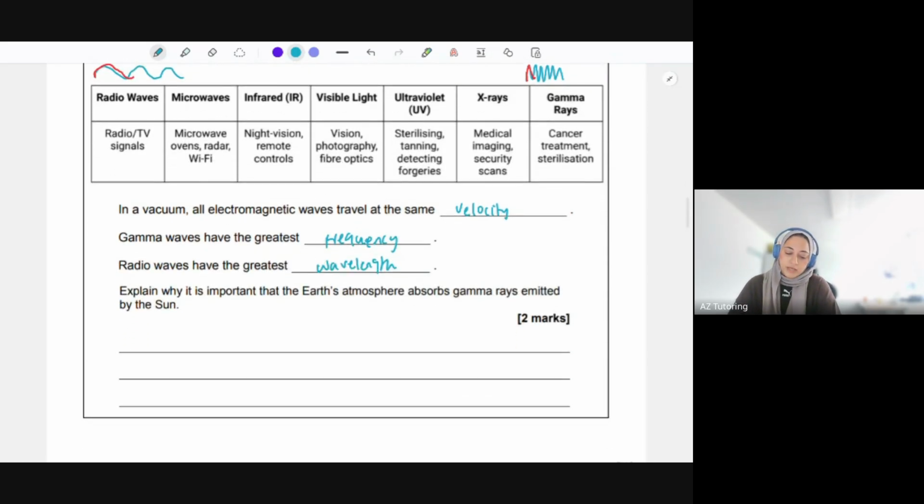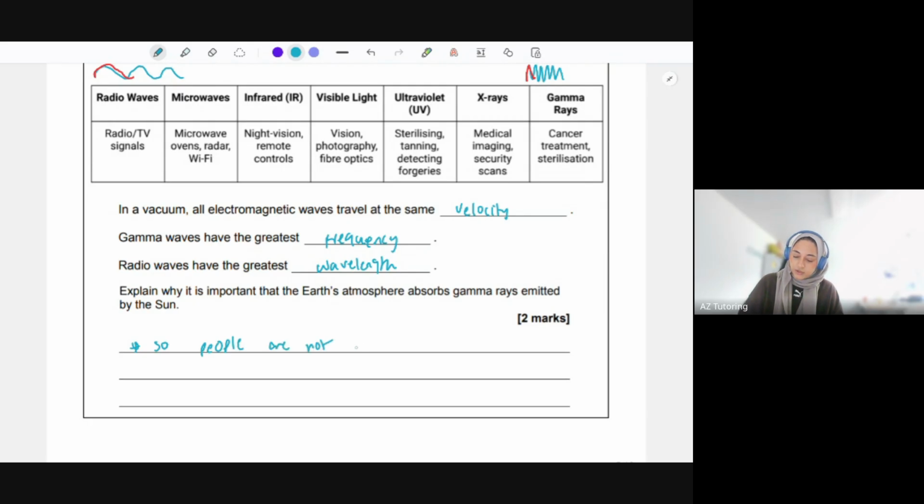Okay. Explain why it is important that the Earth's atmosphere absorbs gamma rays emitted by the sun. Well, gamma rays essentially cause cancers. So that's why it's really important that they absorb them. So for 2 marks, you would say, so people